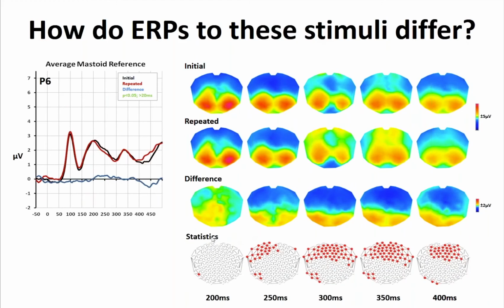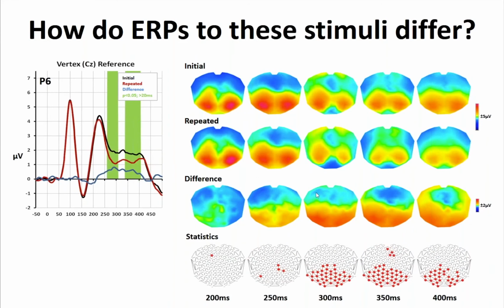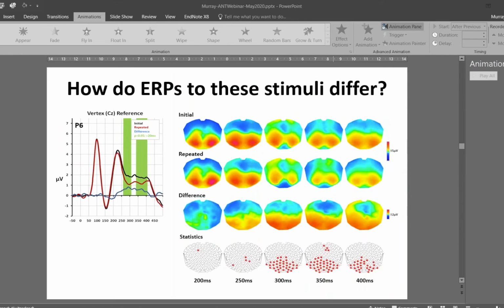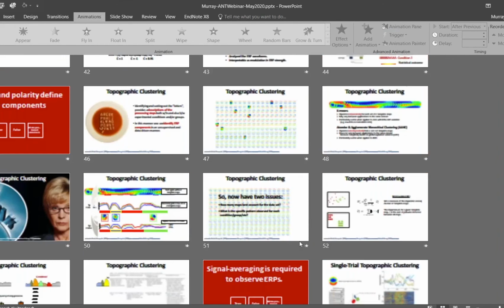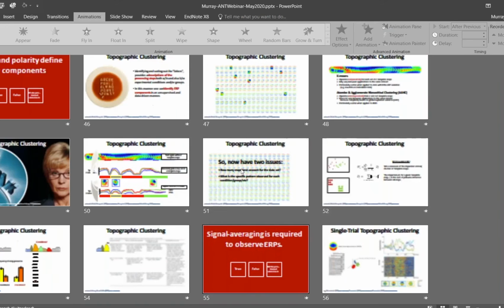And you can also see that in the maps. The color that I ascribe, whether it's above or below 0, can change with the choice of the reference. However, the shape, the distribution does not. So again, that's an important feature of topography, what should be defining components, not their polarity. And if we come back,